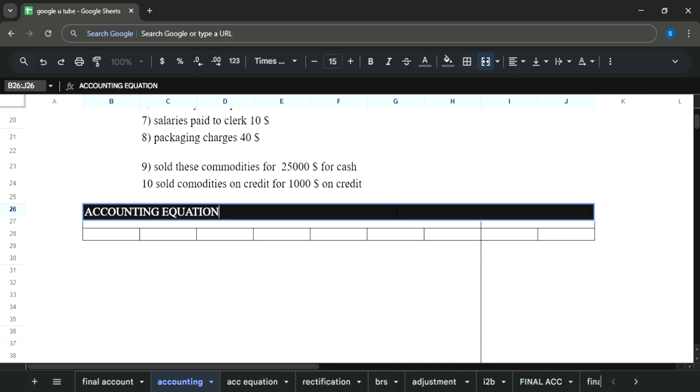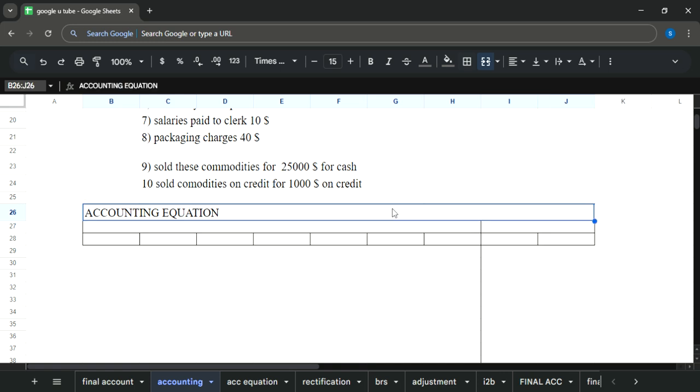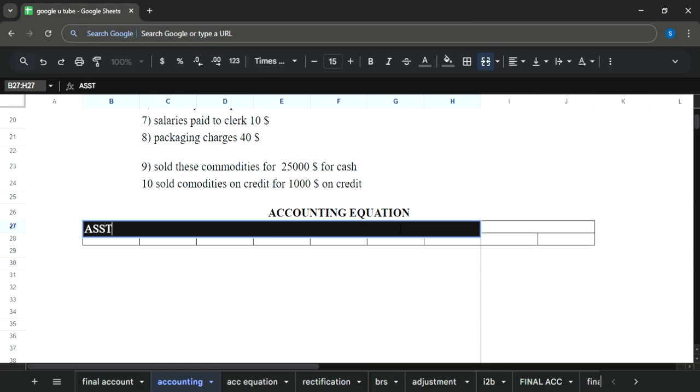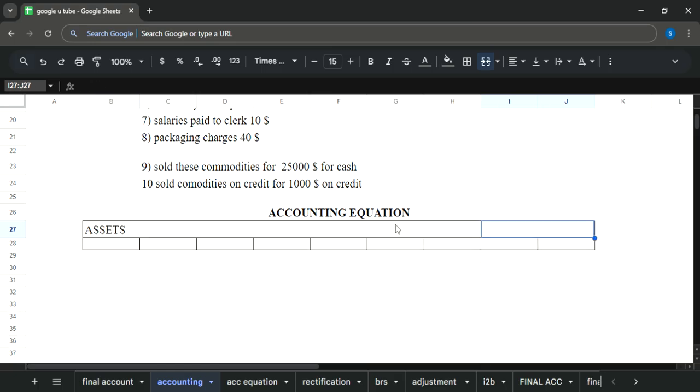We are naming it accounting equation, where we will see the commodities which are coming in, what is the value of these commodities, and in return, what is going out. So please understand, there can be only two types of things. First, you may see assets, and secondly, you may see